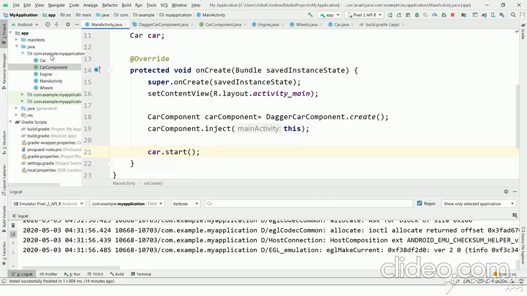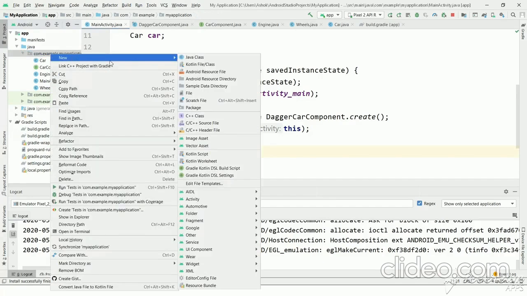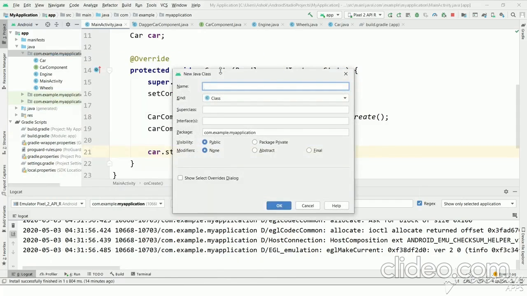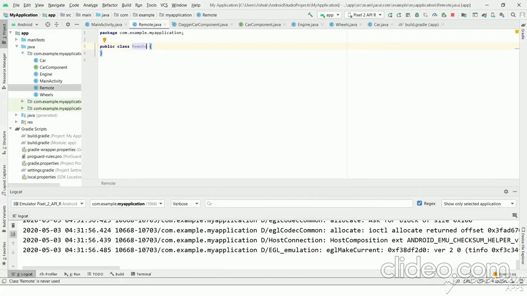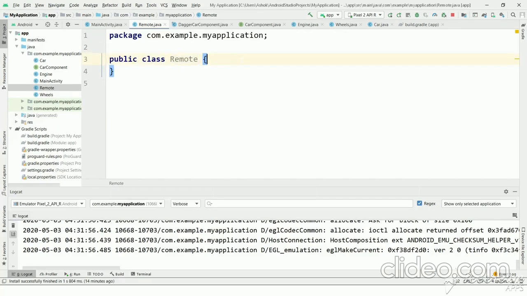Now let's create a new class called remote. Let's say this remote has a car object.